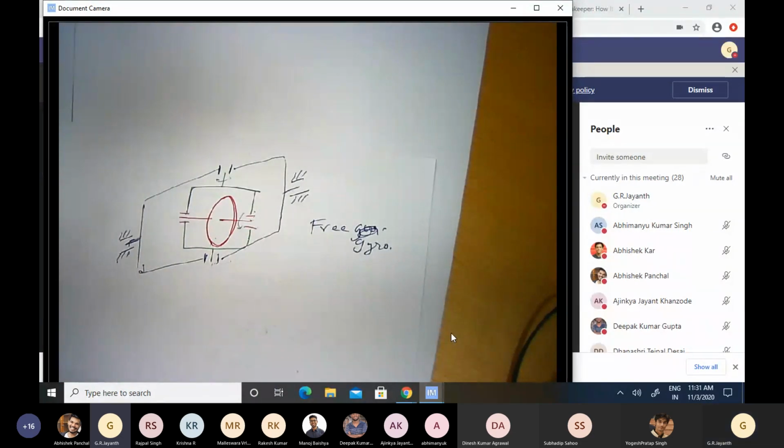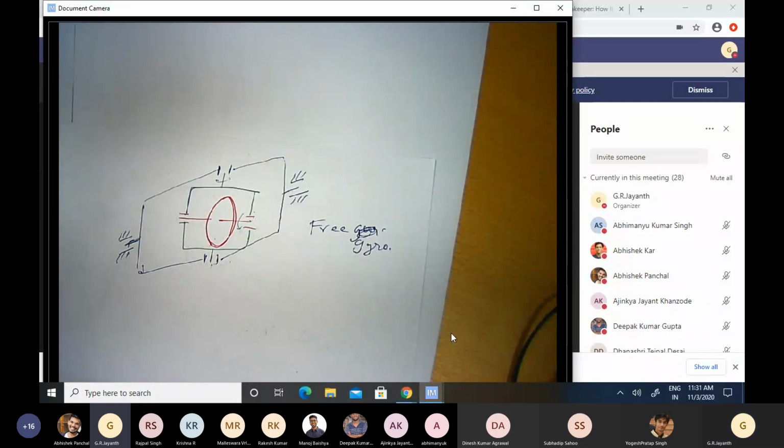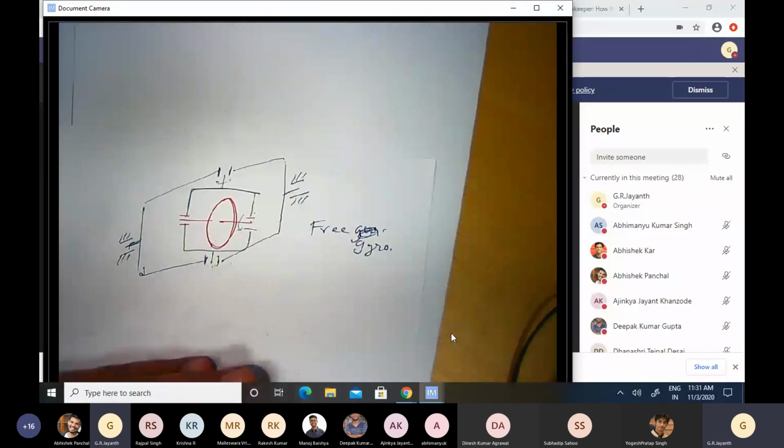So where can this be applied? It can definitely not be applied in the case of spacecraft or aircraft, because an aircraft journey has to last several hours. However, if you are trying to fly a missile and you want to guide it along the way, then you can integrate a free gyroscope into the missile. The time it takes for a missile to go from point A to point B is presumably not more than a few minutes because it travels so fast. To guide that missile, you can have a free gyro built into it, and that can do the job of telling the missile exactly where it is pointed relative to where it was pointed at the start of its journey.